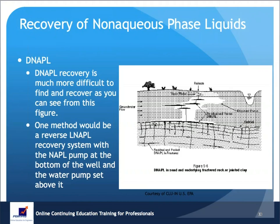Now, if the bedrock had no fractures in it and was impermeable, well, then you get a pool of DNAPL building up at the base of the bedrock. Or if you had a clay layer, it would do the same thing. Unfortunately, most of the time, if it's clay, the DNAPL will tend to break up the clay particles, and it'll go through clay. Or if there are fractures in bedrock, it'll get into the fractures, and it'll be very difficult